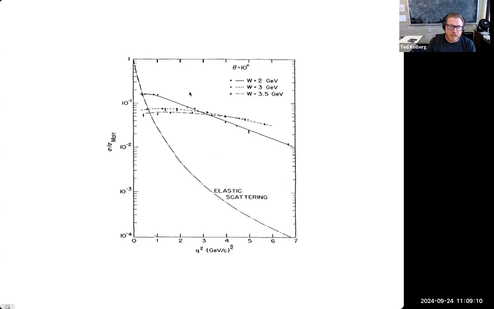This is called Bjorken scaling. Basically, the way that this cross-section scales with the energy in this flat way rather than the sharply falling way that we would expect in the elastic case. It's known as Bjorken scaling, and it is considered to be a smoking gun for the case that protons are